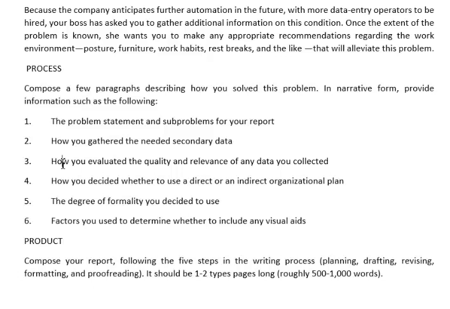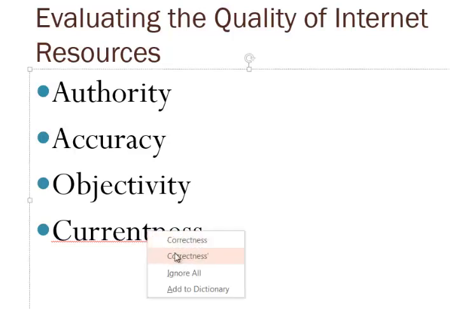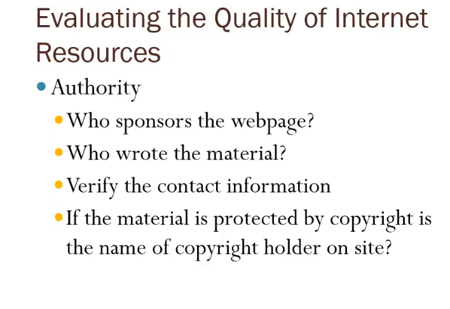How you evaluated the quality and relevance of data you collected. That's another element of this course. This is, again, something that we didn't look at before necessarily, but evaluating the quality, and this has an internet source, but of course this applies whether you're talking about an internet source or an in-print source. You want to look at its authority, its accuracy, its objectivity and its currentness. The authority is, okay, who wrote the web page? Now, you might have seen that carpal tunnel syndrome is cured XYZ, but who wrote that?